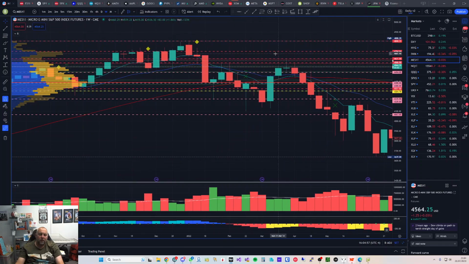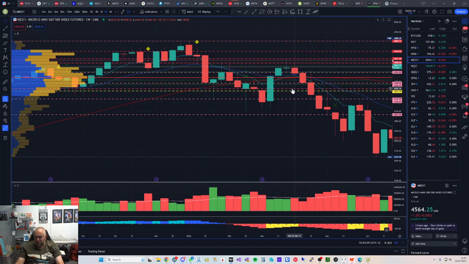Bit messy with the line. I'm going to tidy up the charts a bit. I'm going to make the lines only show up because I've got hourly lines, weekly lines and daily lines on there, so it looks a bit messy. So that's where I get my levels from. That's where I've been getting my levels from recently. We are currently just here. So this is where we are right now. And if I zoom out a bit more,